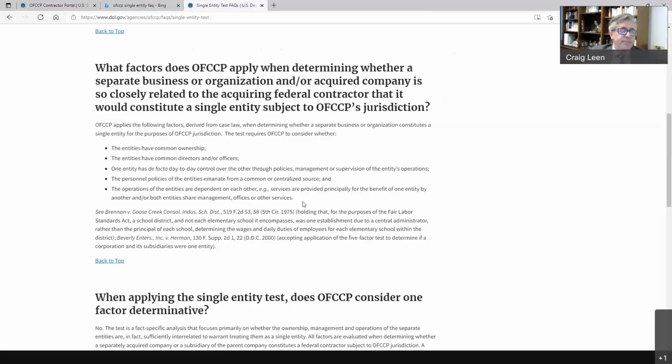Now, that's a very complex test, in my opinion. There's a lot of language there. I want you to know I tried to simplify it when I was OFCCP director, but it's hard to simplify because it's based on case law. A lot of this is taken from cases. There's a couple cases that are listed in the paragraph. So this is why it's so critical to interact with counsel on what happens to your affiliated companies and your corporate parent. And this is why it's also very important for OFCCP,